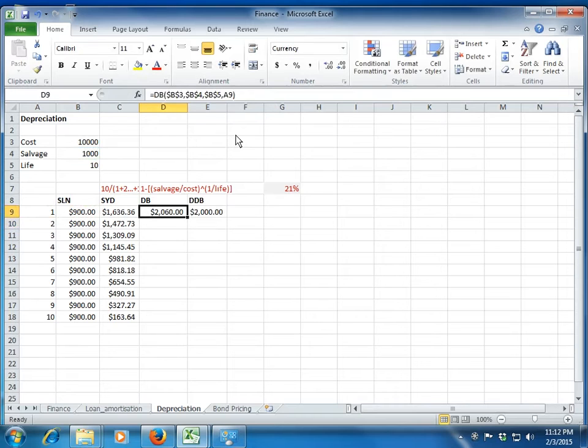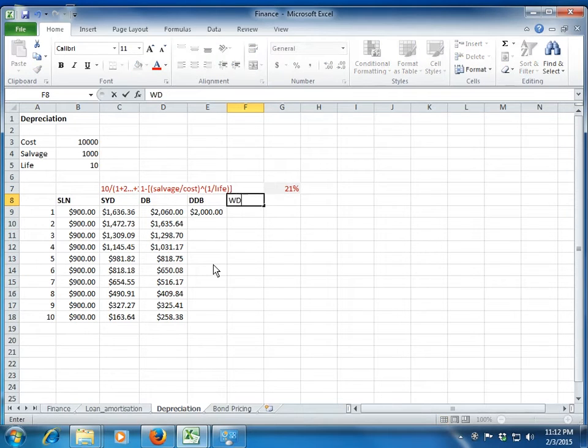Right. So you see that it computes the declining balance, and as I have given you an example, this is how it calculates the depreciation rate, which is 21%. It rounds it off to the 3 decimal place if I am correct. Okay, and then if you copy paste this formula, you see that each year, in the next year, let me calculate the WDV for you.